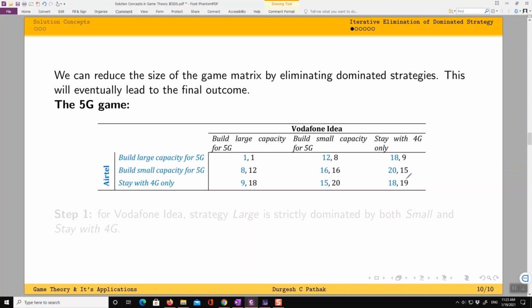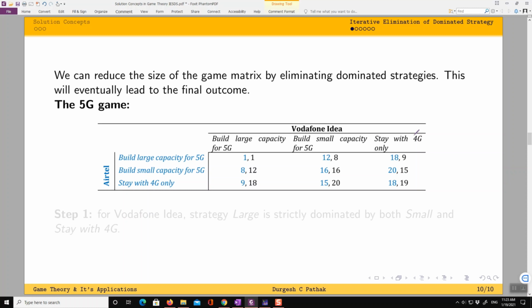And the resulting payoffs are like this. One thing is very clear: none of the players has a dominant strategy. You cannot find one strategy that is giving the best payoff irrespective of what the other player is doing. As an exercise, just check that.